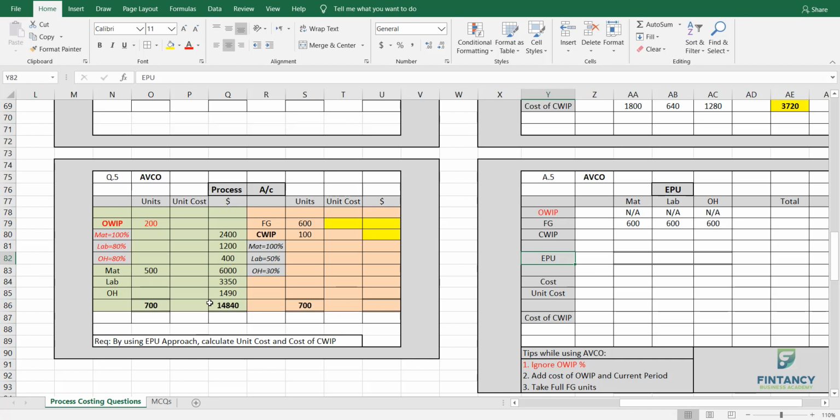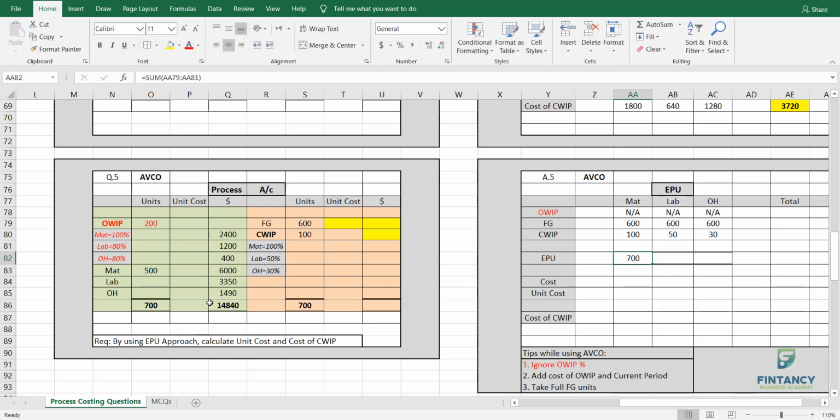Okay, closing. There is no rule to remember for closing. It is done the same way we have done above. What you do basically, you take the 100, I mean the units, whatever is given, and multiply with the completion percentage, which is 100%, which is 1 definitely. So what about this one? 100 into 0.5. And what about this one? 100 into 0.3. Getting it, my friends? So that's it. Your EPU is ready.